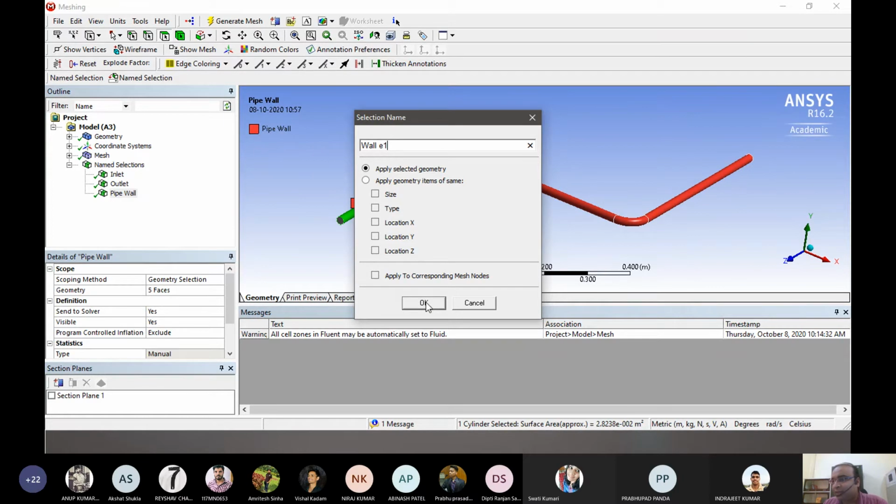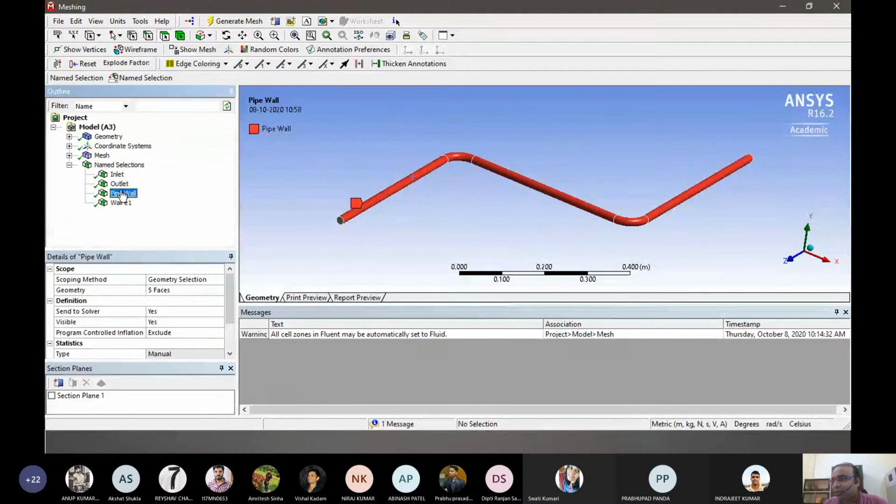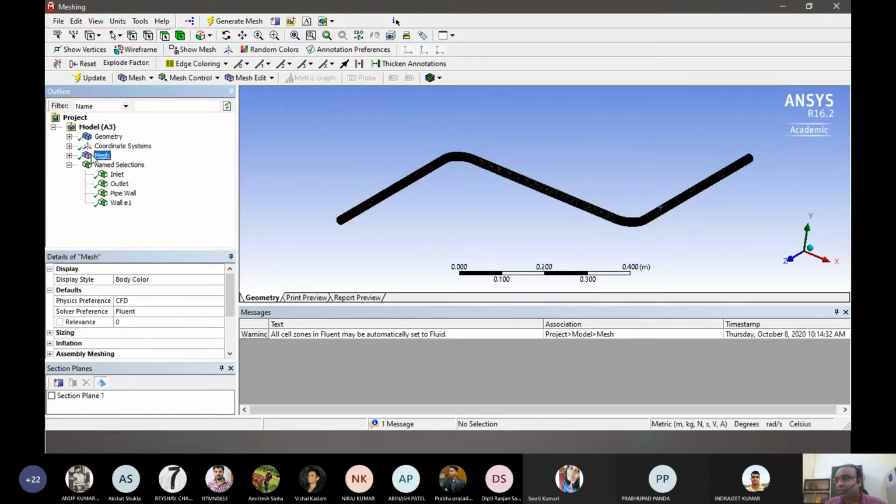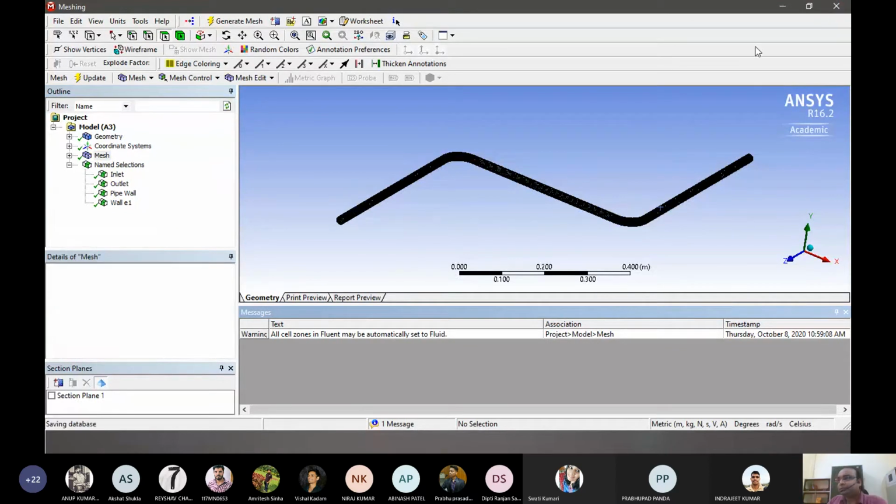And we click OK. And in the pipe wall, we can deselect this. For doing that, I have to select the remaining portions. So I can select the remaining portions as this and click apply. So basically I have the regular pipe wall on the second portion and a separate portion I have defined later. That's all I have to do. So I just update this. And by updating, I have basically brought it back to the system.